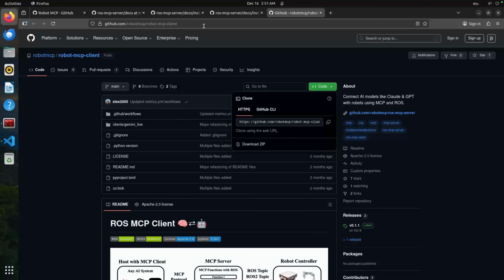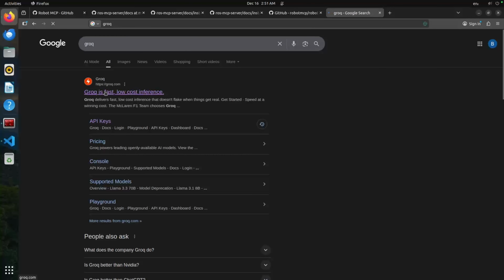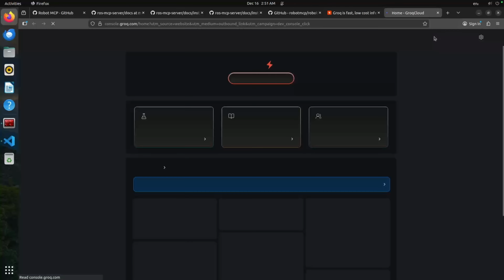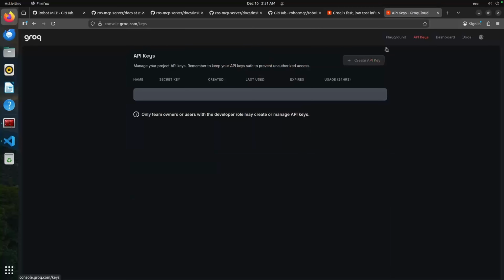In order for you to get that, you just have to go to Grok's website, and let's do a quick Google search. This should be the API key, and we go and start building. It should get to your login page. I've already logged in, so I should get to my dashboard. And then we go to the API key section,